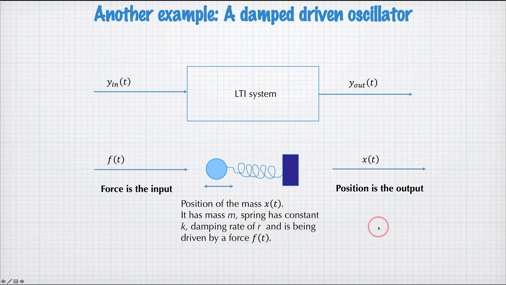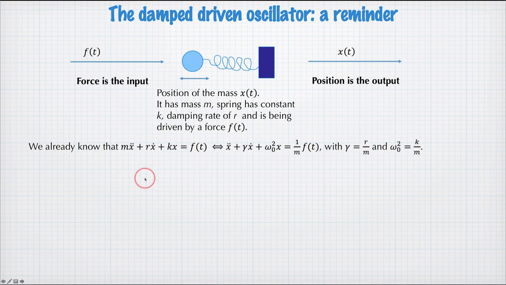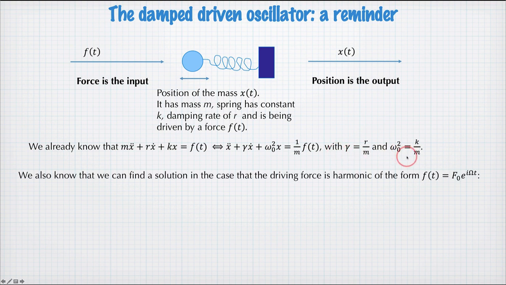And we know from previous courses that we can write down an equation that has mass times acceleration, the force due to damping, the force due to the spring, and the driving force. We can rearrange this a little, dividing through by the mass and having a damping rate gamma and the natural frequency omega naught squared, defined like this. And then we know also we can find a solution to this equation in the case where the driving force is harmonic. So it's written like this: some force with some amplitude f naught and some harmonic driving frequency